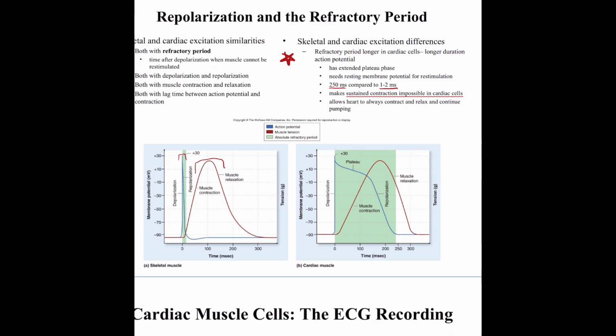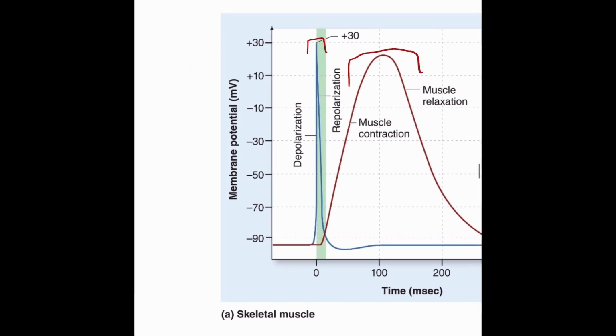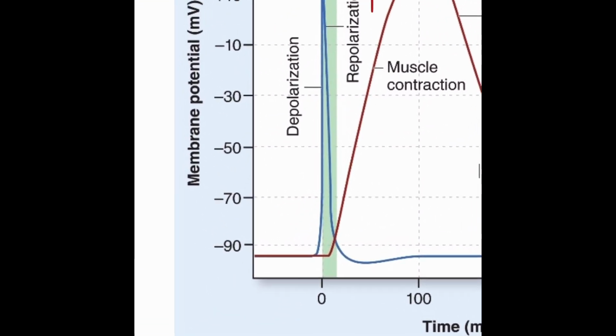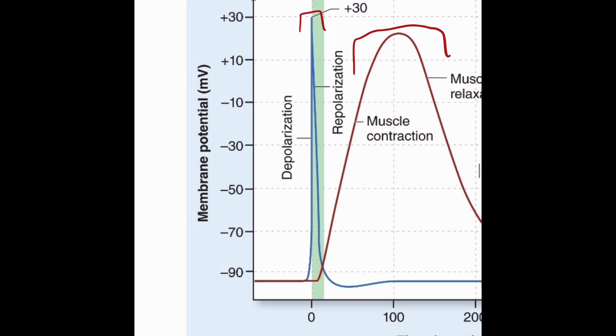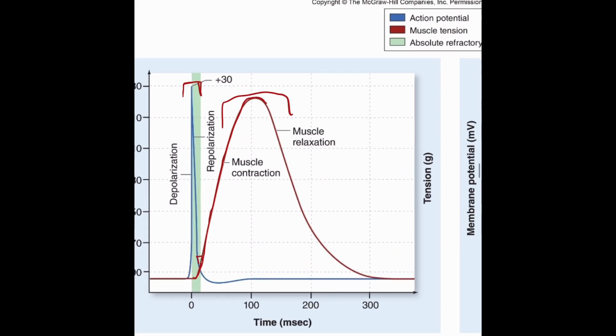Okay. So our skeletal muscle, like our biceps, this is what that action potential looks like. And this would be the lag time between the two. And then this would be the whole length of muscle contraction. So it takes about 250 milliseconds to go from contraction to relaxation in something like your bicep,